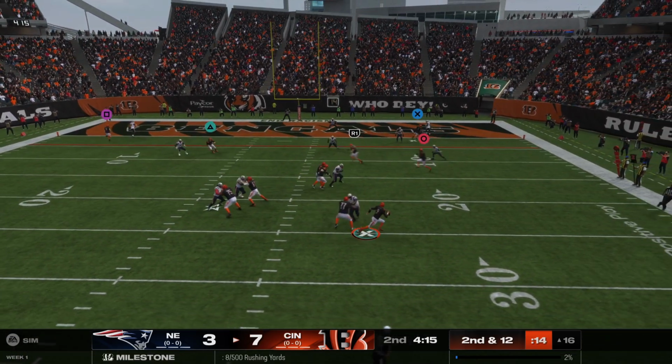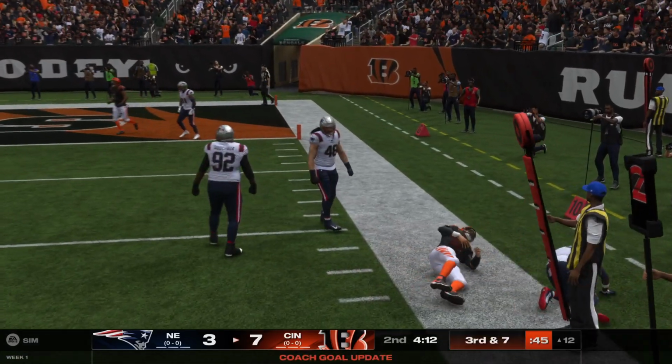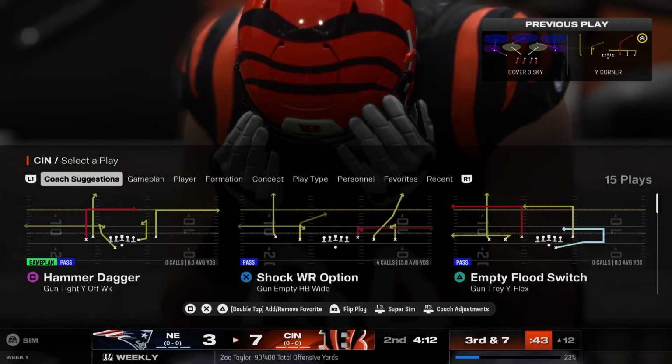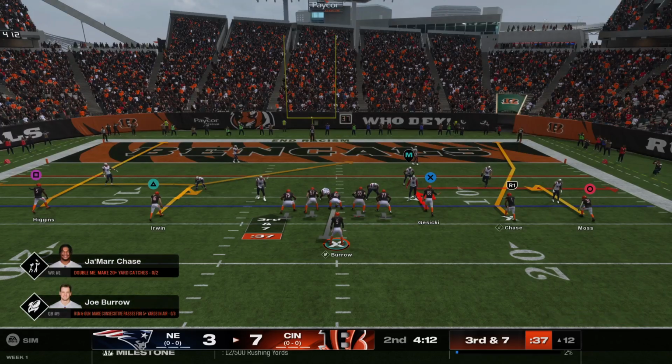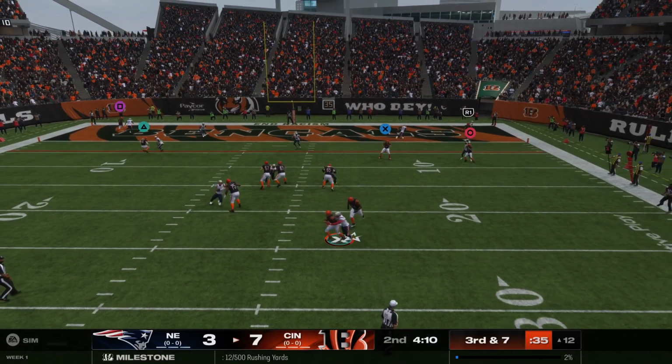Burrow out of the shotgun. He rolls to his right. He's going to keep it this time. And this play reaches the 12-yard line before the stop is made. They're signaling for a stoppage here, and yep, there's a player injured after that snap. Not what they wanted to see in week 1 as their medical staff heads out to...